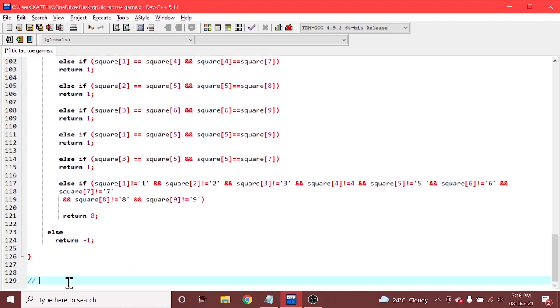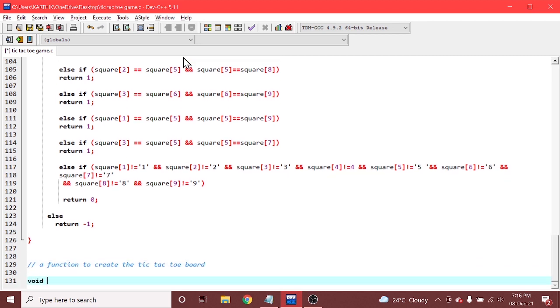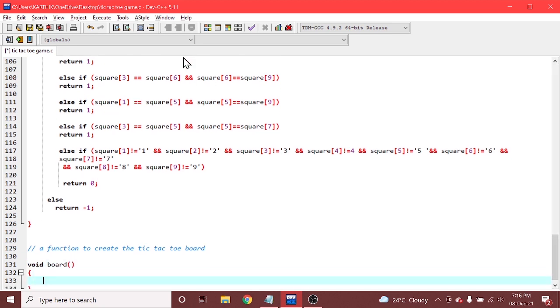So let us write a function to create the tic-tac-toe board. The name of the function is void board, which has no input.